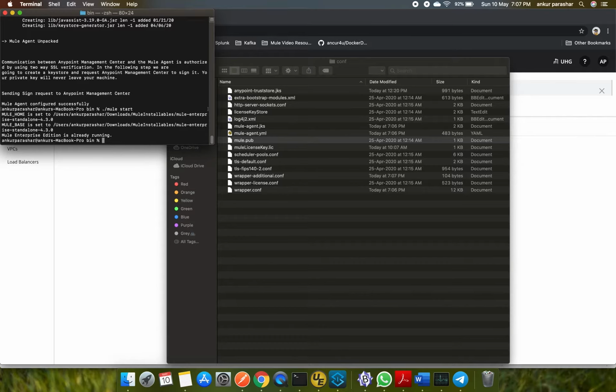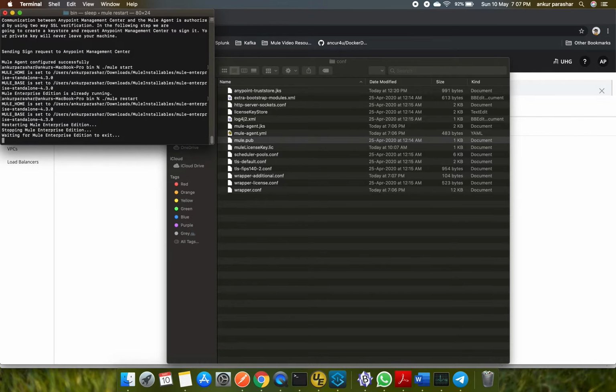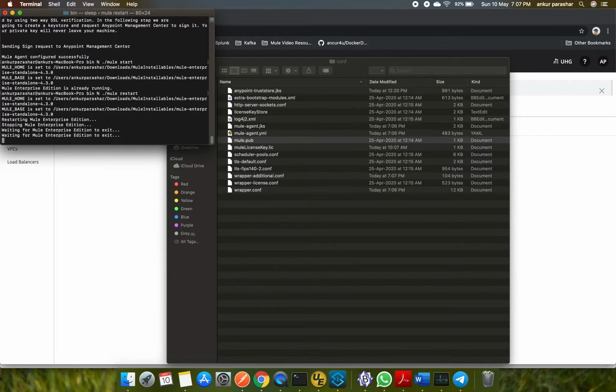It is now showing it is already running, so I have to restart it basically. You can see it is restarting. It is currently stopping the Mule Enterprise Edition. Now it is showing waiting for Mule Enterprise Edition to exit, and after that it will start. It will take a couple of seconds over here.